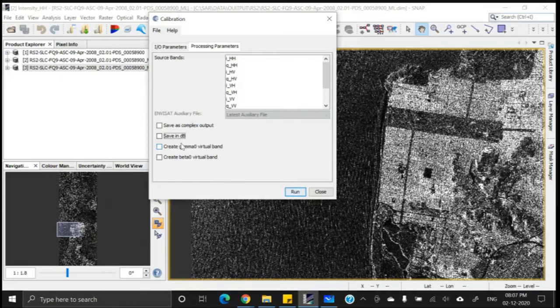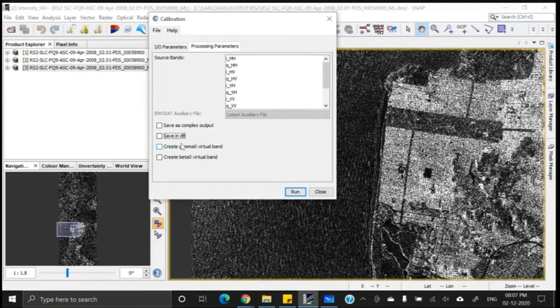So if we want information about the surface scattering mechanism and surface properties, and also want to ignore the foreshortening brightness, or the terrain variation or slope variation, then definitely we should go for sigma naught, and that is why in most operations we go for sigma naught instead of beta naught.